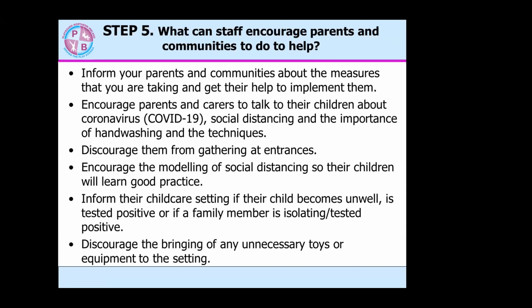Moving on to step 5, what can staff encourage parents and communities to do to help? Inform your parents and communities about the measures that you're taking. It's vitally important to ensure that clear communication with parents regarding measures being taken to ensure the safety of their children. Encourage parents and carers to talk to their children about coronavirus, social distancing and the importance of hand washing